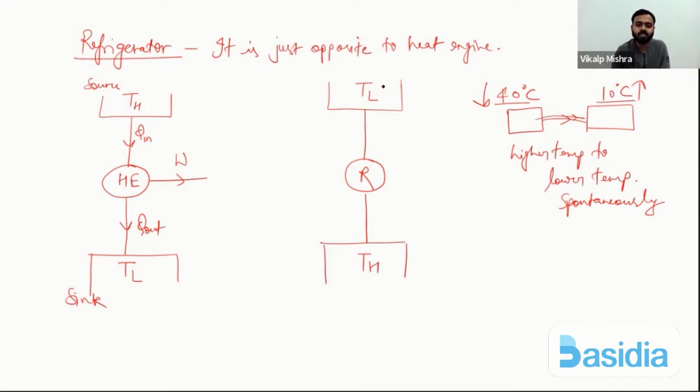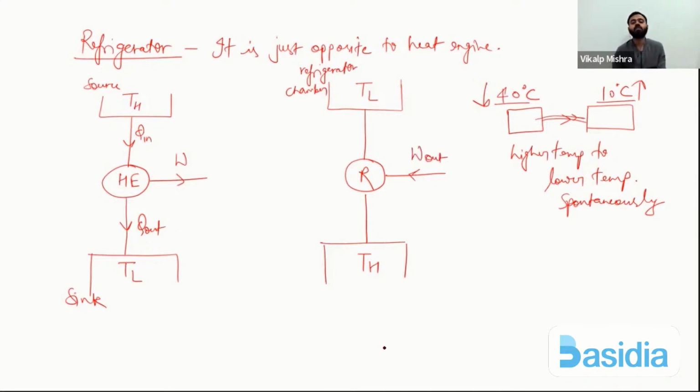Simple. So this is TL, our refrigerator chamber. Okay, TL is the refrigerator chamber. So we have to extract heat from the lower temperature. तो ऑटोमेटिकली तो हीट हमारी एक्सट्रैक्ट होगी नहीं लोअर टेम्परेचर से। सो व्हाट वी हैव टू डू, वी हैव टू डू सम एक्सटर्नल वर्क ऑन दिस रेफ्रिजरेटर, some external work